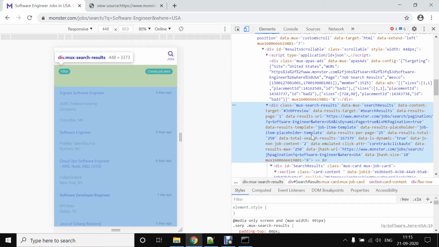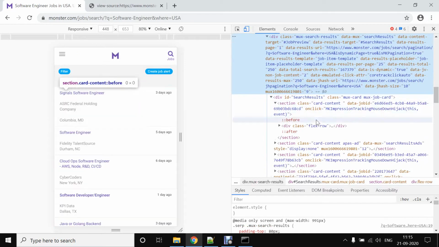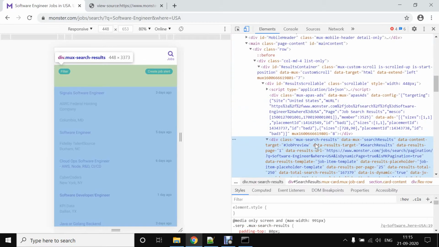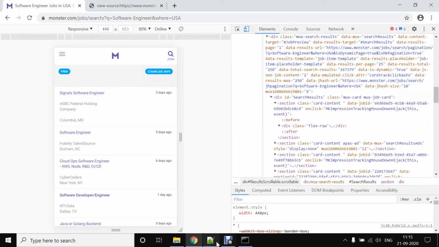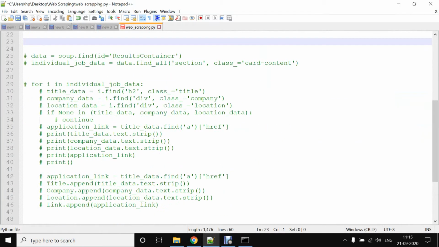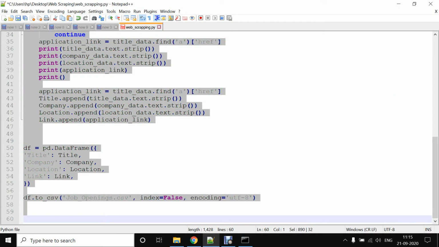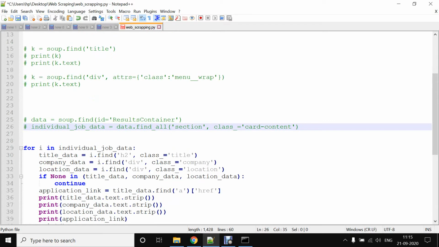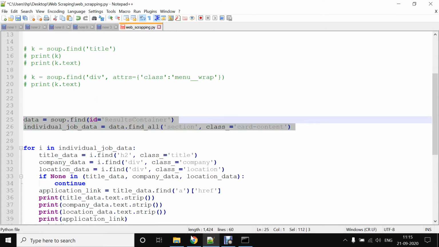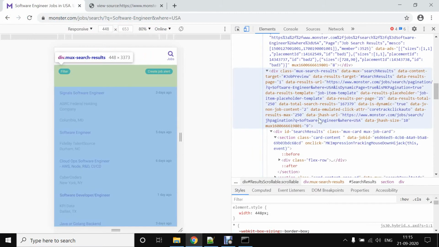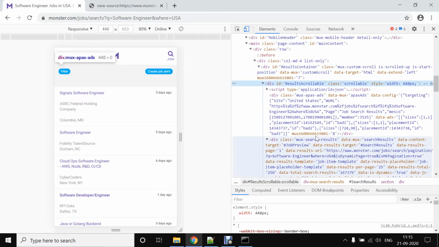Here I can see that the whole source code is there, and I just need data from this div. So I will uncomment this and explain line by line what we are doing. If you can see, there is a div result container with the id result container.